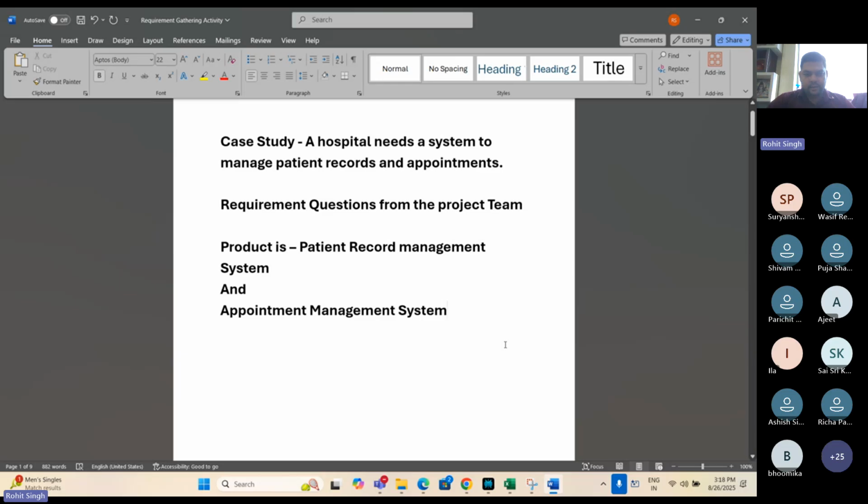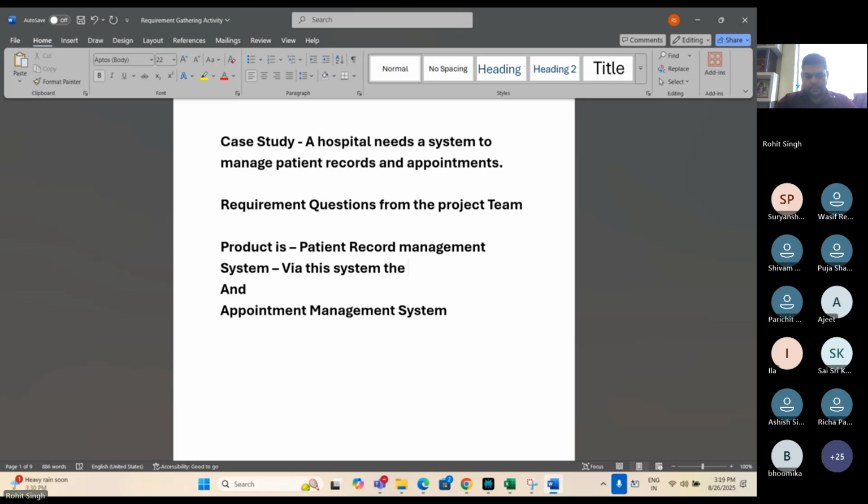We have to create it, or we have the requirement, the client needs a business requirement for a patient record management system and appointment management system.